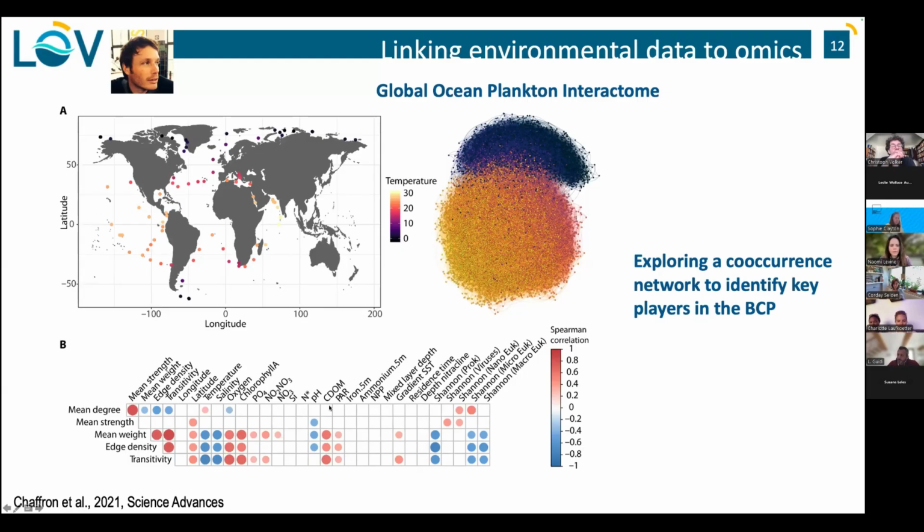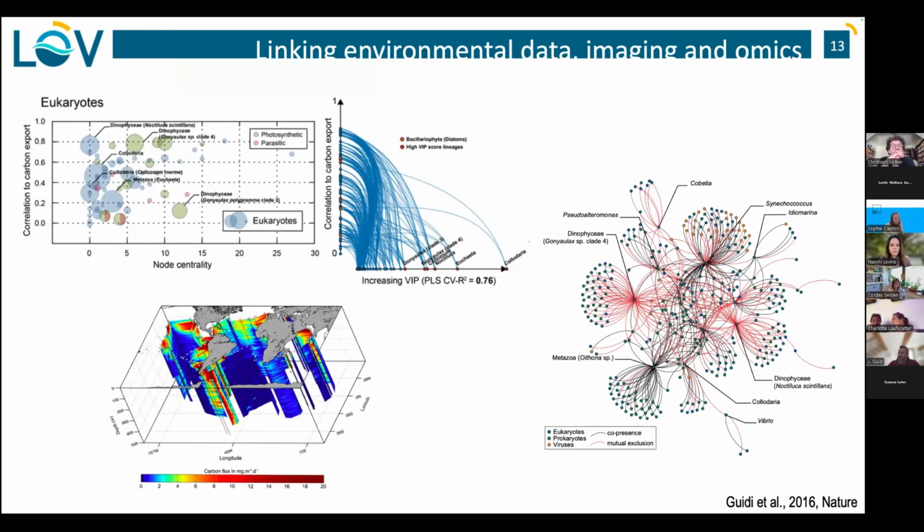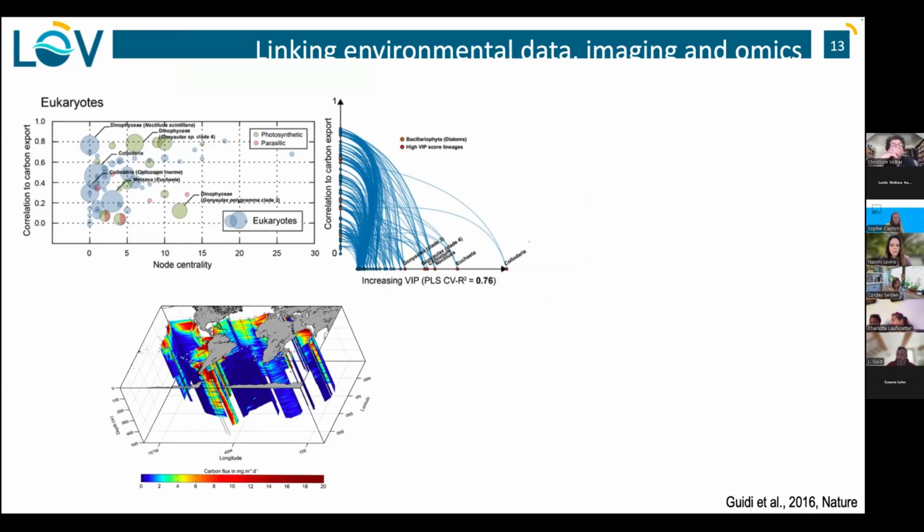These plots at the bottom are just showing that the topology, so the shape of that network, is really driven by environmental conditions. So when you do that, that's what we did in that paper in 2016. We were trying to correlate. This is the map of the flux at the different locations, and then we had a bunch of species that were present, from prokaryotes to viruses to eukaryotes. We were trying to correlate not only the individual species, but the network of species that corresponded to the flux at different depths. And that's what you have on that plot.